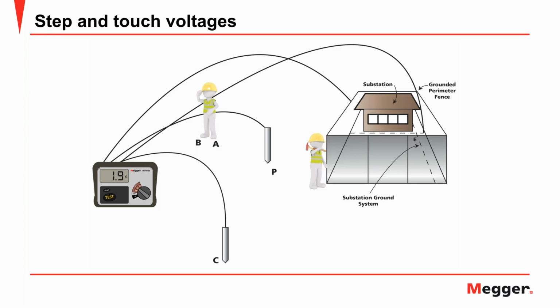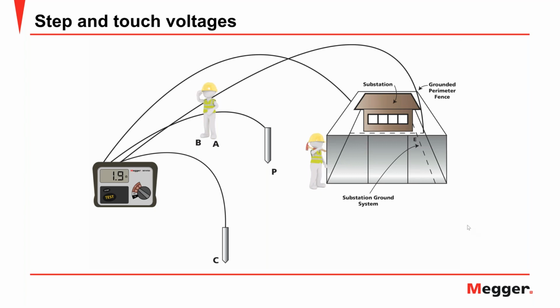We don't want our equipment, in the event of a fault, to have a potential rise so that a human who touches something metallic, a machine or whatever, in turn becomes a part of the circuit